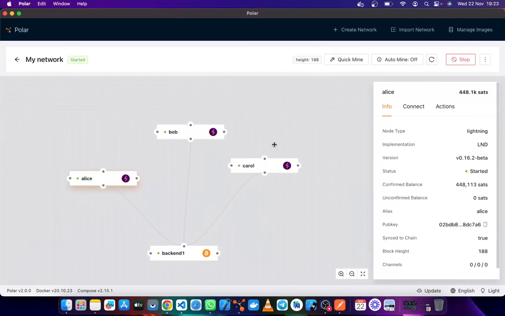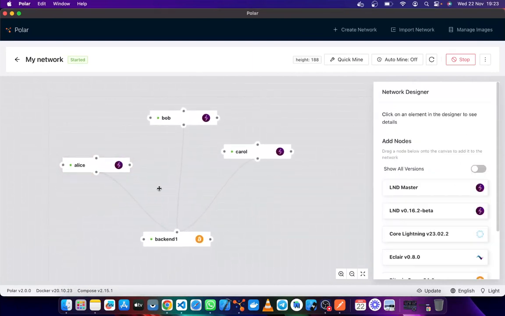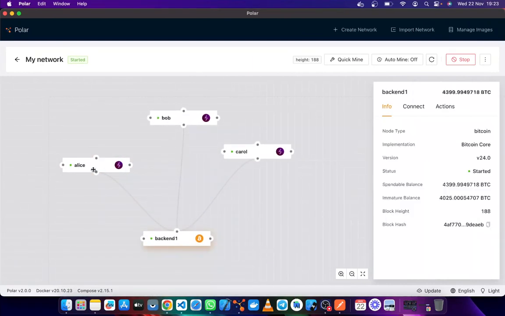So now I want you to think of this as, for example, an application like Shukuru. Shukuru is like Alice. So think of Alice as Shukuru. They are running their node, and when they are running their node, they have these awesome functions they can play around with. Yesterday we looked at the terminal commands that you can use to create invoices, to open channels, to close channels, and everything.